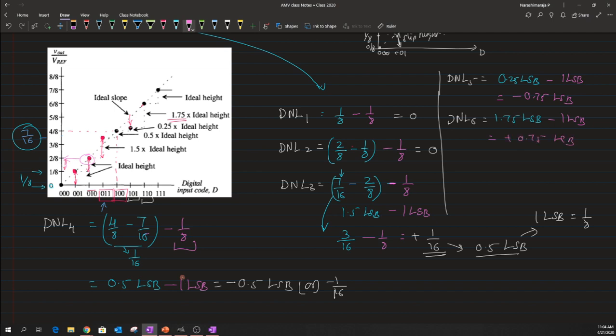Okay. So finally the last term, which is the DNL of 7, when we try to fix in, we are getting a value which is equal to 7 by 8 minus the previous value which is 6 by 8. So correspondingly the actual height is equal to 1 LSB, minus the ideal step height, which is again 1 LSB. So the subtraction results in a value which is equal to 0. Okay. So hope that you are clear with this DNL calculation for a DAC,